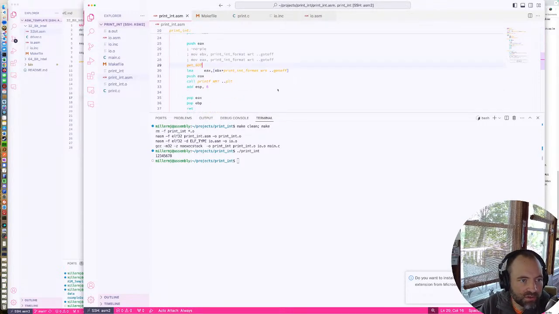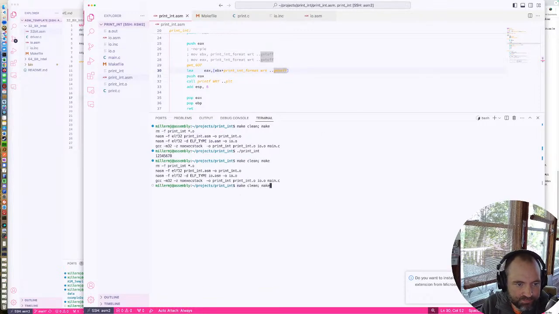I think our macro should be expanded, and then I can say EBX, which has that GOT, print int with respect to global offset. Yeah, that is